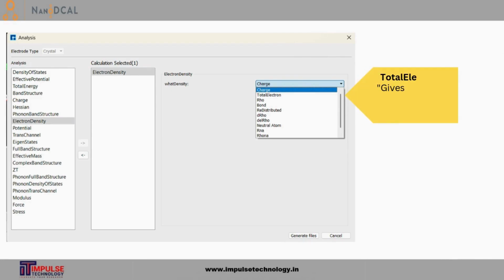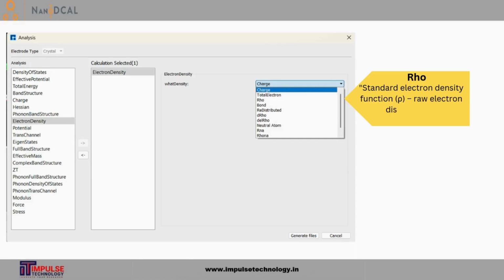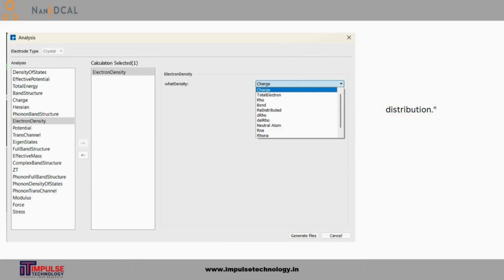Total electron visualizes the total electron density in the system and helps to understand where electrons are localized or delocalized. The rho parameter explains the ground state electron density directly from the DFT calculation, because it is the fundamental quantity in DFT that tells where electrons live in real space.